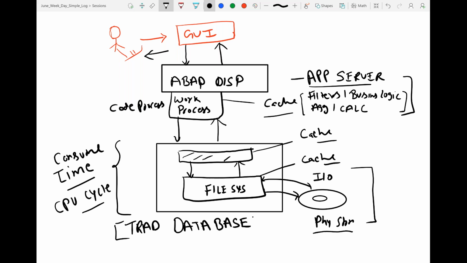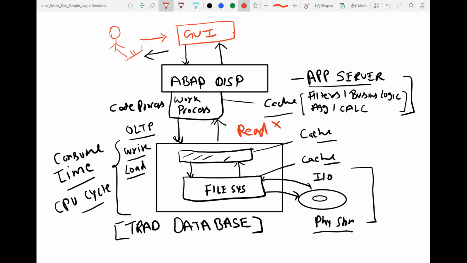Now, what is the problem with this traditional database? The biggest problem is that it's using a mechanical device. It's using a disk and drum which store the data. So basically these kinds of systems were known for their transaction processing, for OLTP, online transaction processing, where we need to write. It still works okay. The write performance or the load performance is still okay. It's not great, but we can say okay for them. But the read performance, when it goes and fetches the data from the traditional system, is very poor